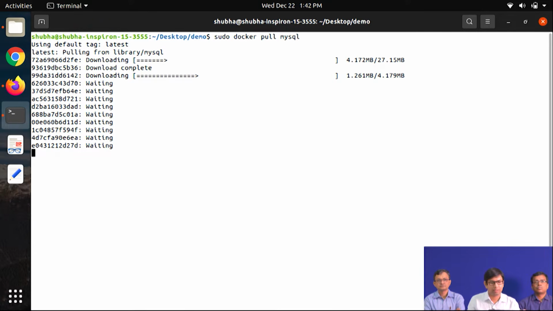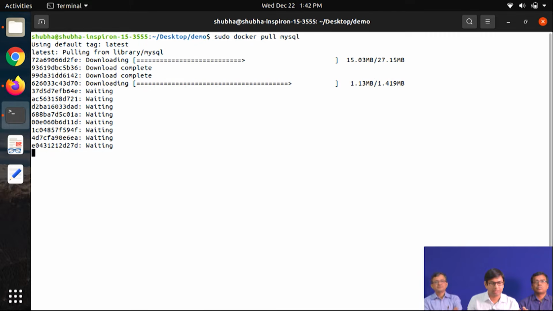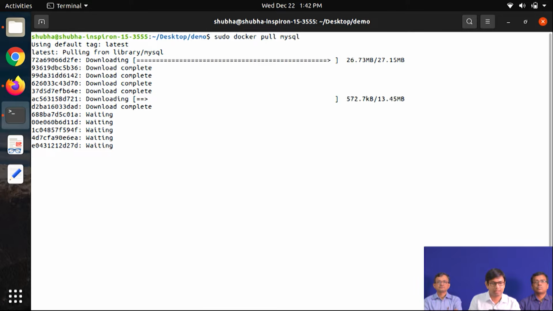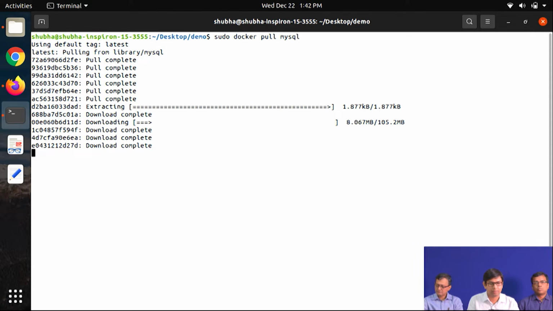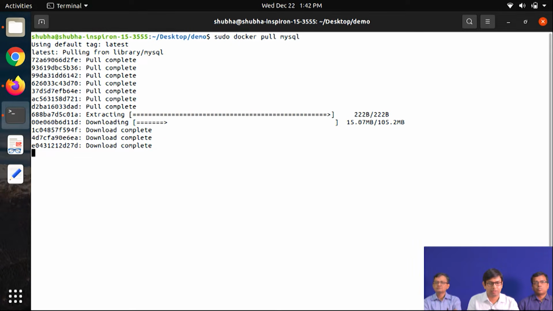So in this demo we'll have the MySQL database, and we'll have phpMyAdmin, which is the front end. This phpMyAdmin will be connected to the MySQL container. In that front end we'll create a database and a table, and inside the table we'll add some records.